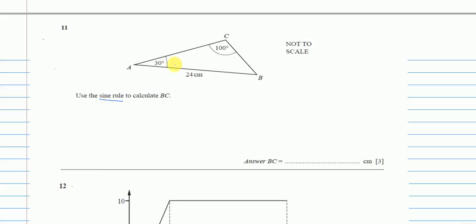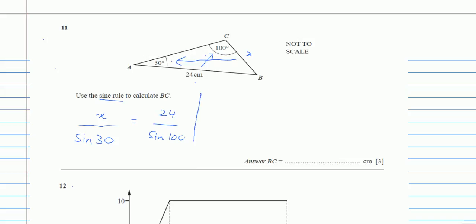Okay, so the sine rule is about two angles and two sides. So we have two angles and two sides, and one of the sides is unknown out of the four. So it is the side over its opposite sine, which is sine 30, and then the other side, which is 24, over its opposite angle as sine. And now it becomes really easy.